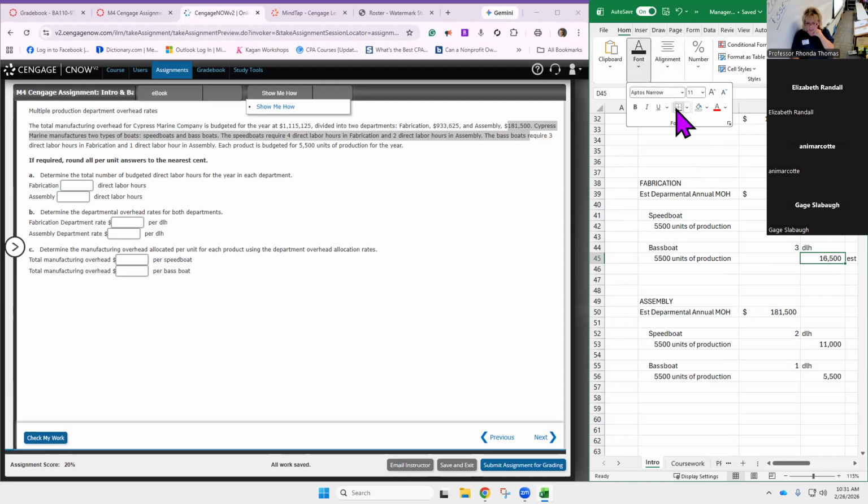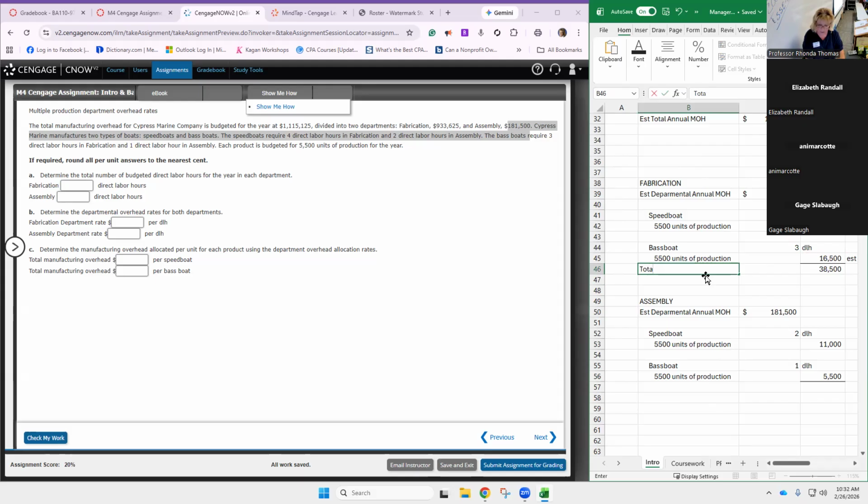So let's put an equal sign here and here. We're going to add down. Together, these equal... it didn't like that. Hang on. Okay, it still doesn't like it. Well, I'll add it together. It's because I've got the DLH there. That's okay. So 22,000 plus 16,500 gives us